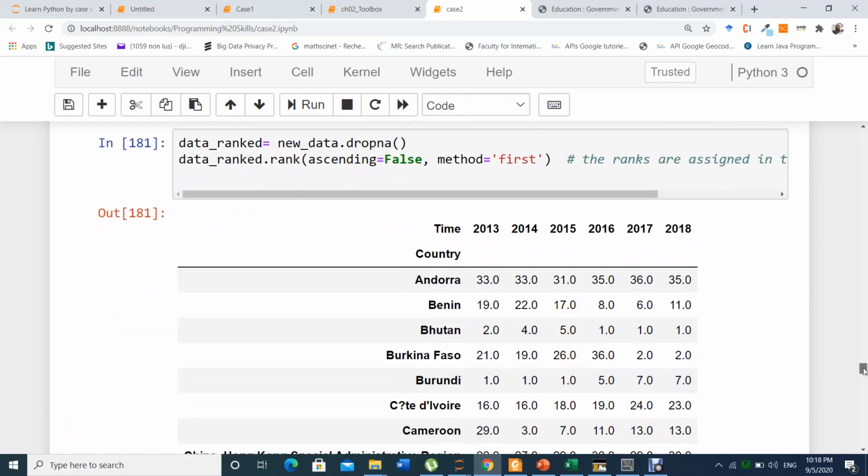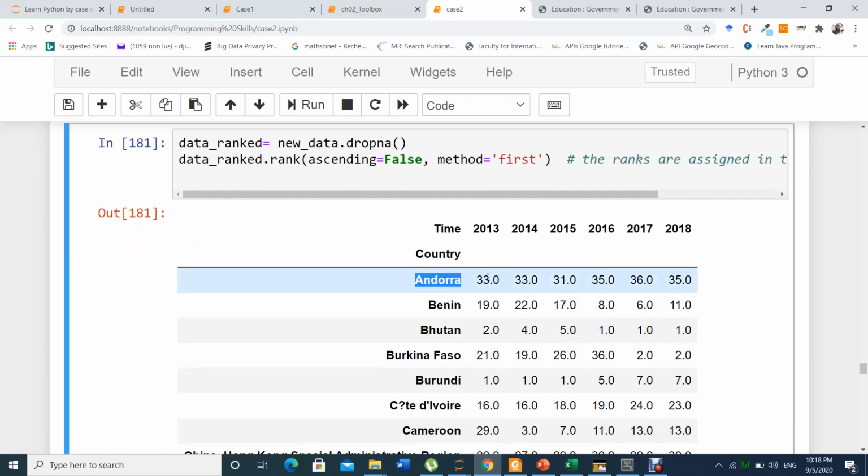For instance, in 2013, Andorra has a ranking of 33. Benin is in 19th position. Burundi is the first, the top country that spends more money on education, based on our data we collected online.